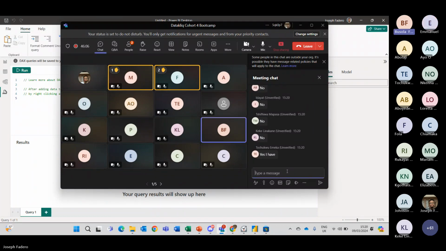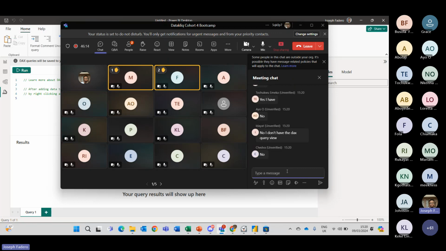Most people are saying no. Okay, so it's actually to be expected. I can see there are some of us that have been using Power BI for a while in the chat as well. By default, you wouldn't have that view turned on in your Power BI. So I will show us how to get that included in your Power BI.